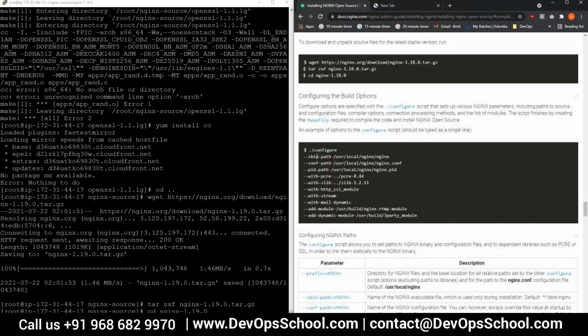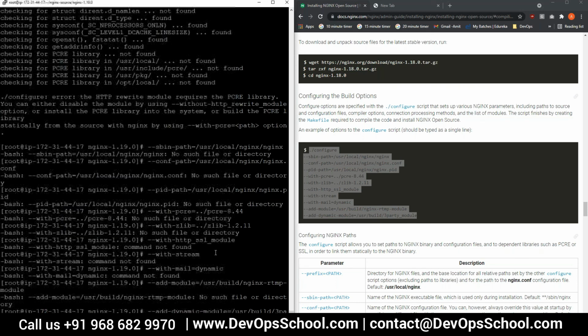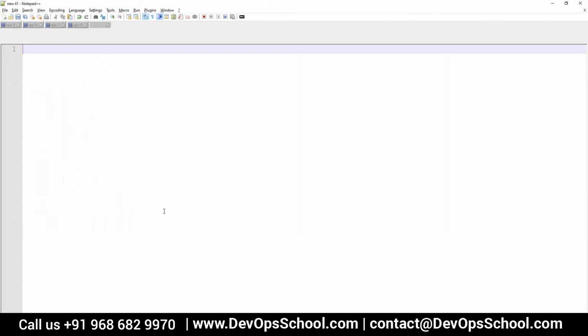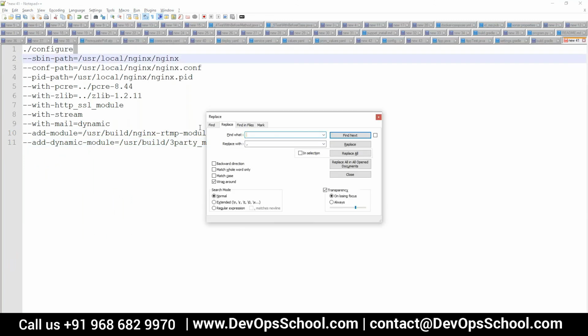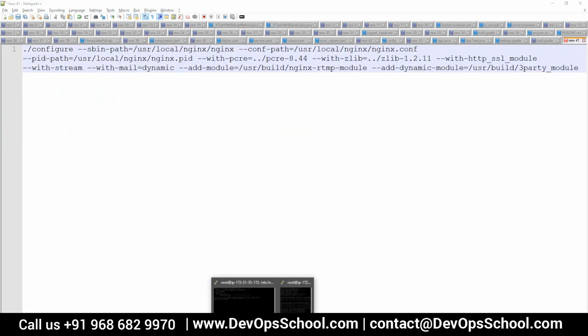So we downloaded that, and then we run this configure command. Let's see if it complains about something. Okay. And let's copy it into a notepad and fix this. Okay, we will do it like this. And now while this was running,